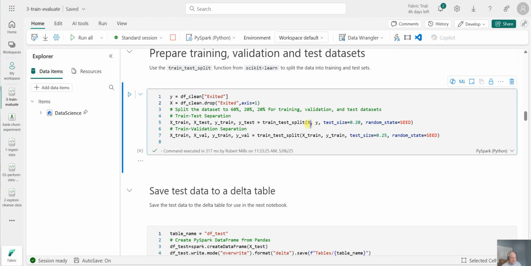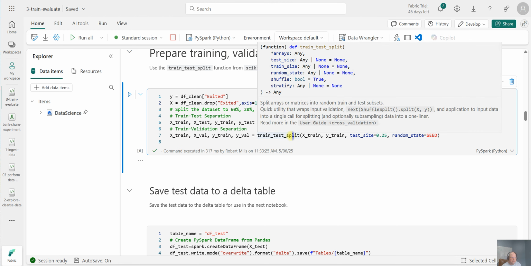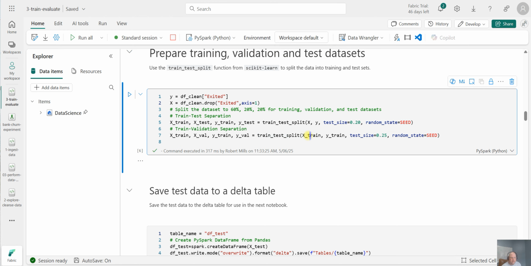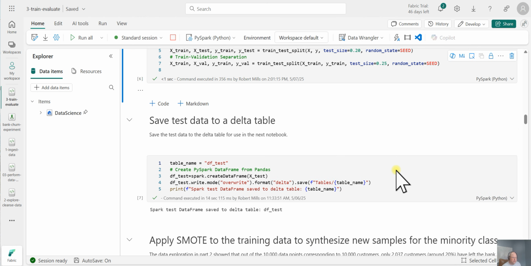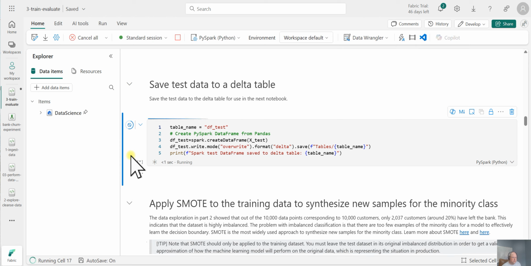So we're dropping in x, y, test size is 0.2, and the random seed is the literal 1, 2, 3, 4, 5, which is how it breaks that data up, right? And again, we're going to do that for the training data, x train, y train. So let's create our training data, and it should be there. Okay,